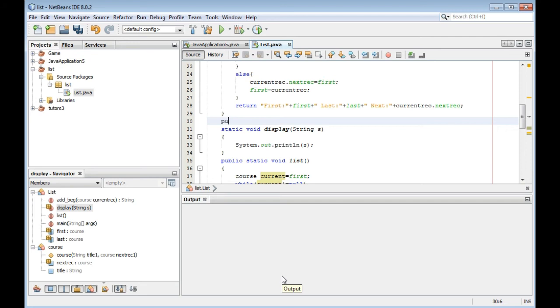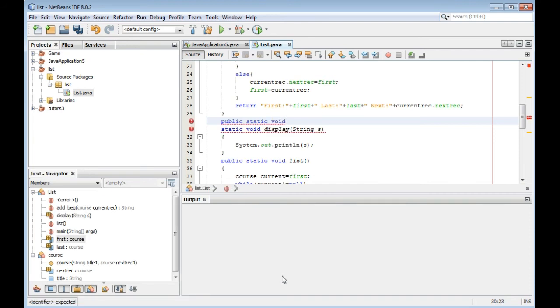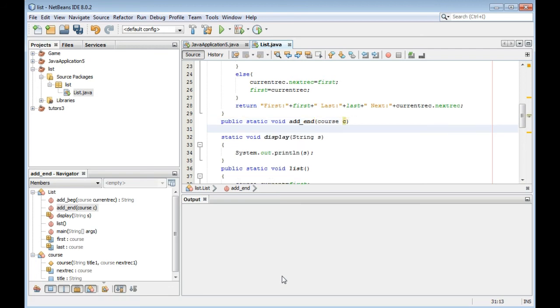We should add public static void add at the end of the list. What should be added? A course will be added, and the course is this C at the end.